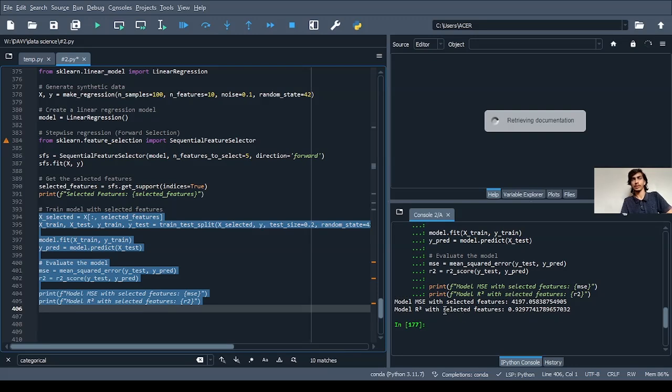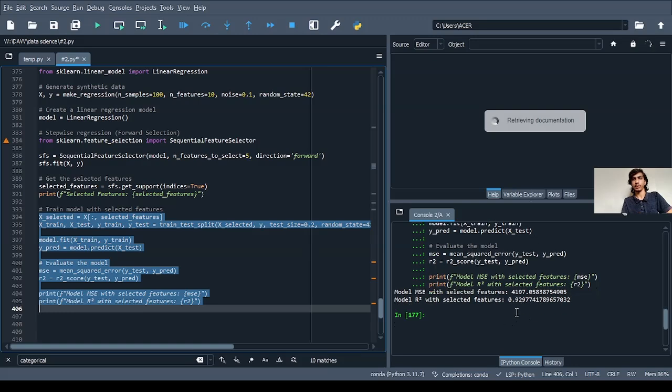So the model MSE with selected features equals 4197.05 something, and R squared with selected features equals 0.9297741 something. So after selecting the top features,